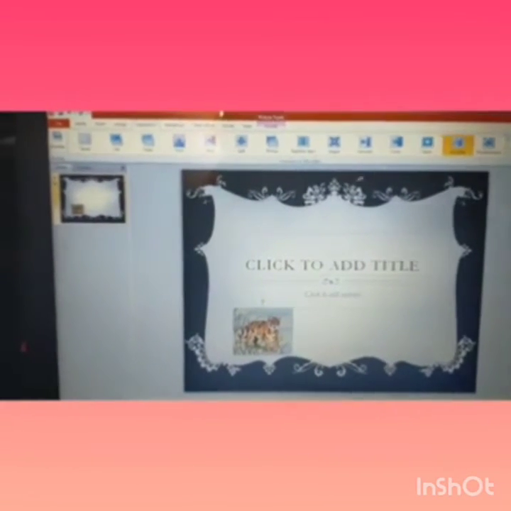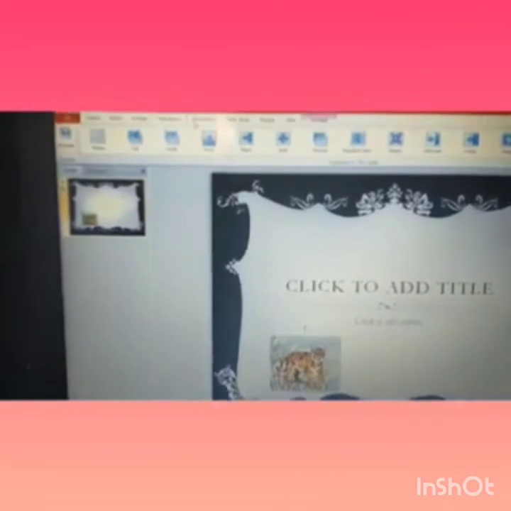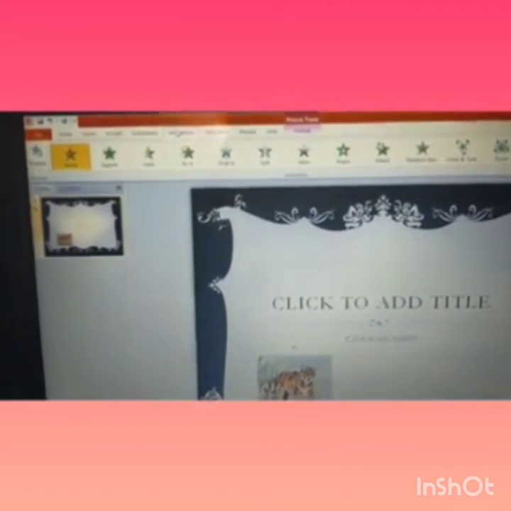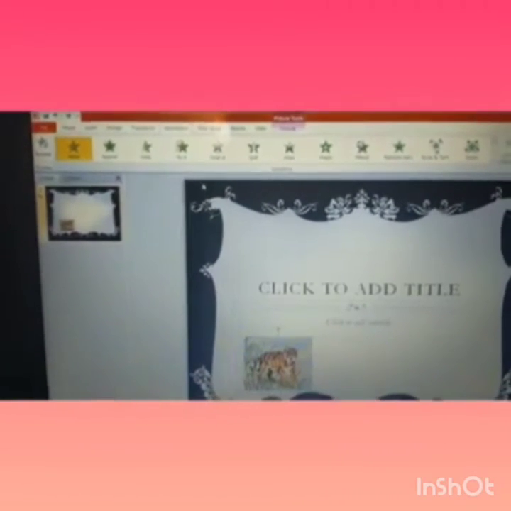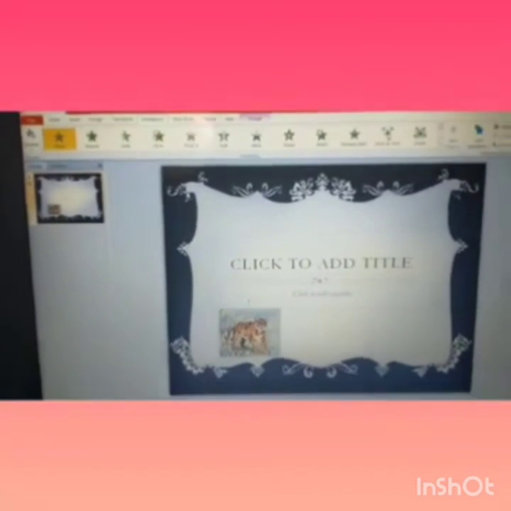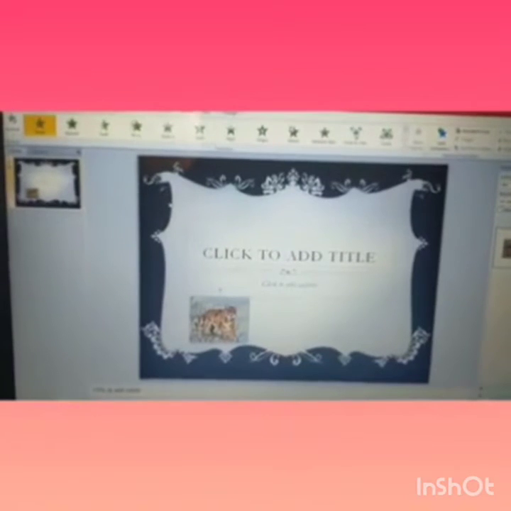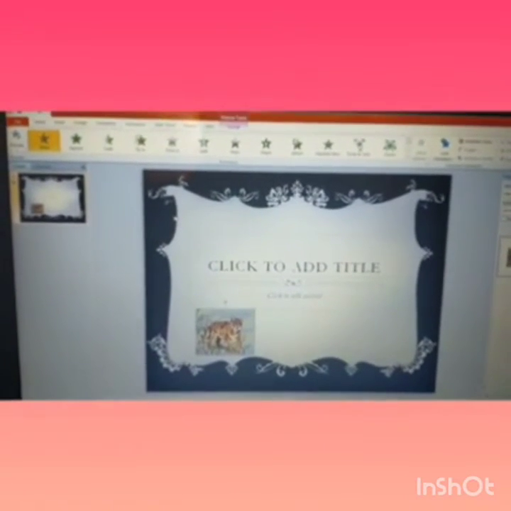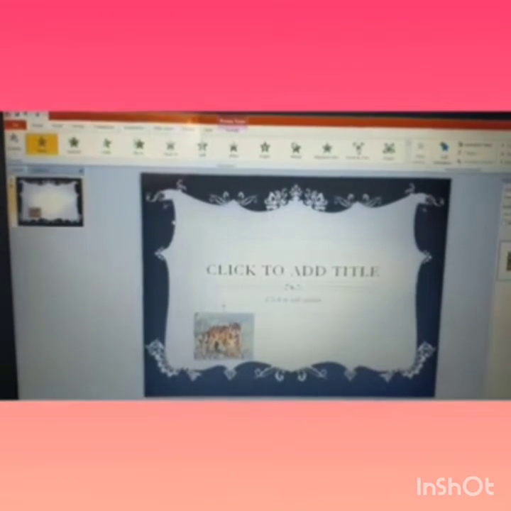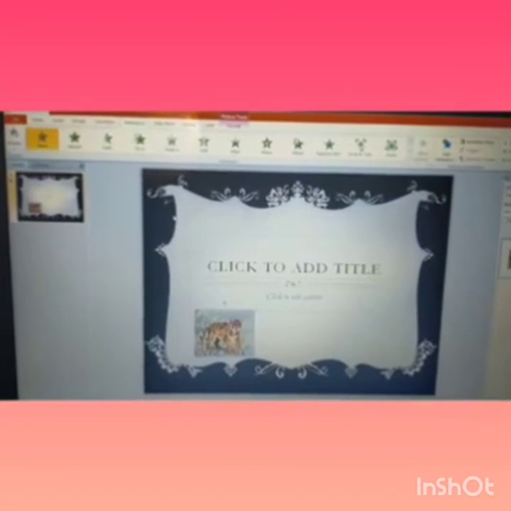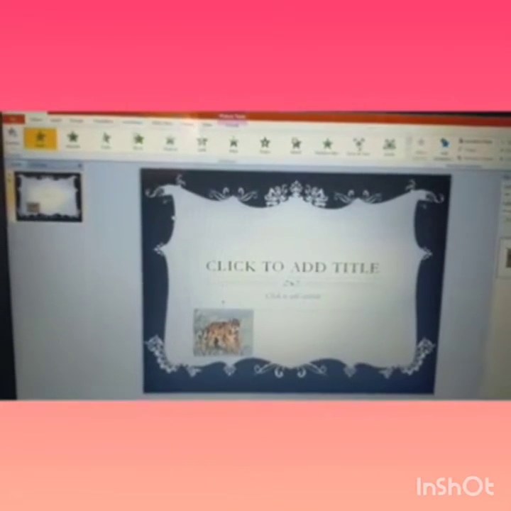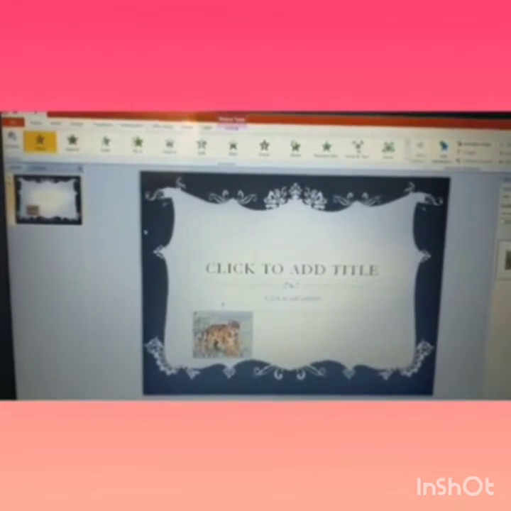Next toolbar is animation. So click on animations. Then what is animation tab? It allows us to add custom animations to our presentation, or we can select more from preview, animations, advanced animation and advanced animation timing.